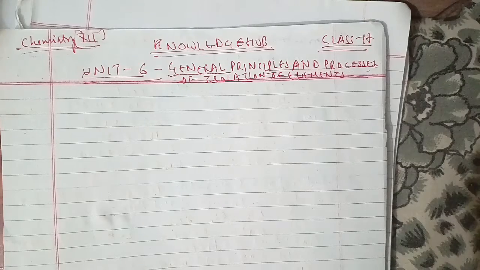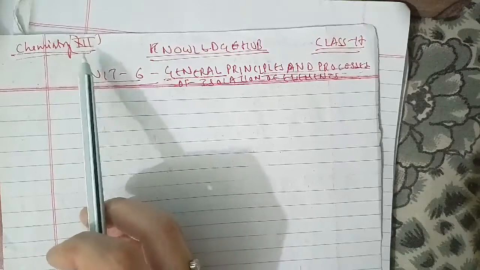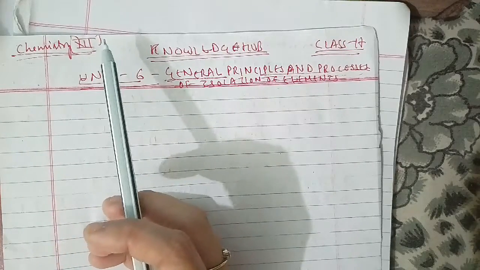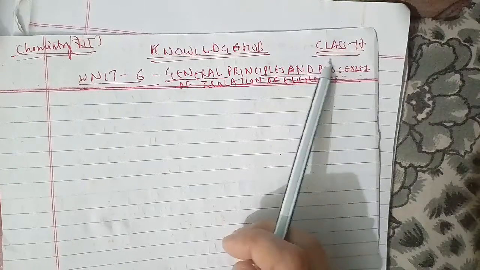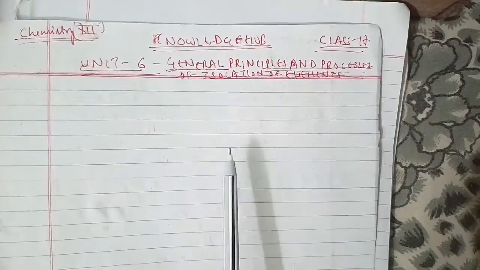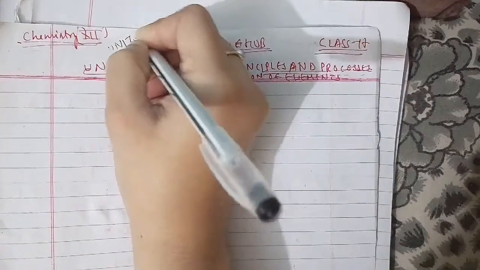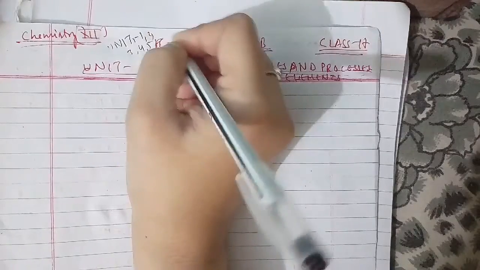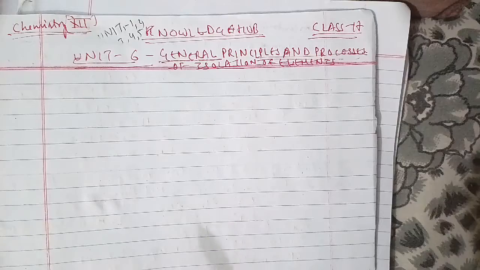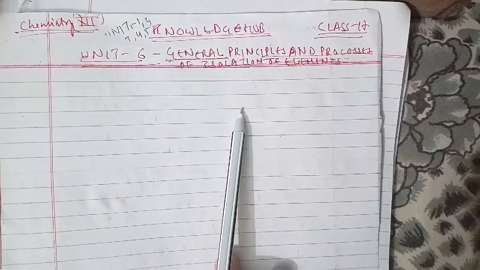Today we're going to start with a new class, that is your class of chemistry, class 12, where we are dealing with NCERT, as I told you in the starting. This is our 17th class, and we had done 16 classes where we had completed unit 1, unit 2, unit 3, unit 4, and even unit 5, and unit 6 we had started in the last classes. This is unit 6, which, if it does not exceed an hour, we will end in this class only.